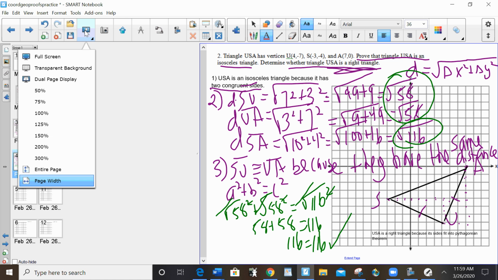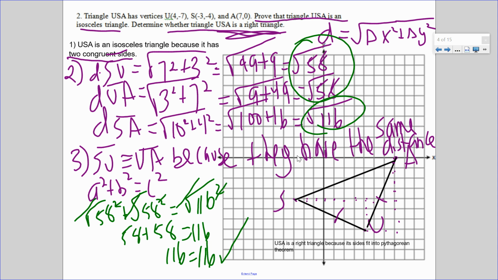So that's it. These questions are a little bit on the long side, but as long as you know your proofs,